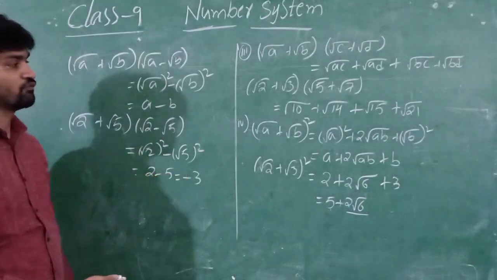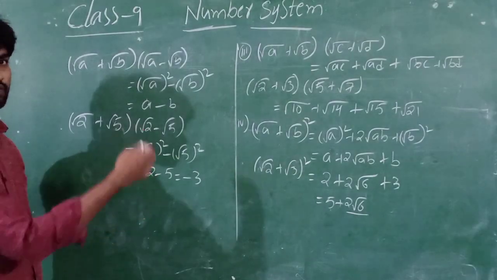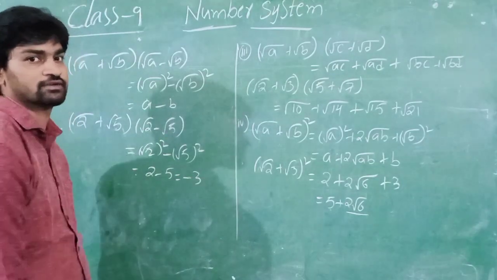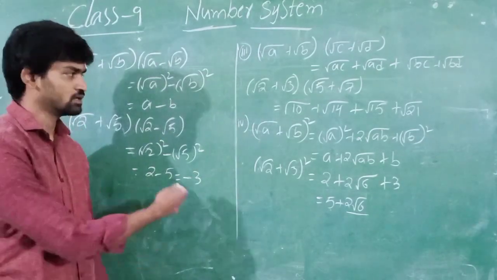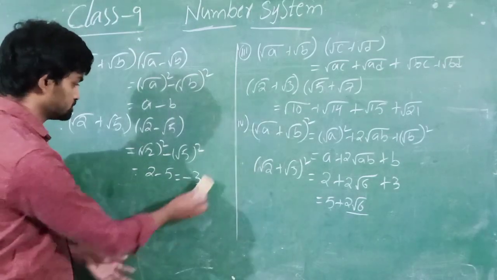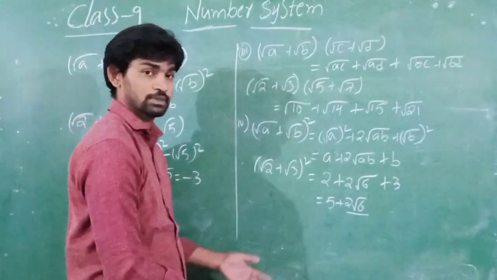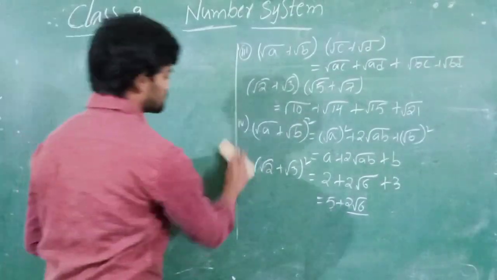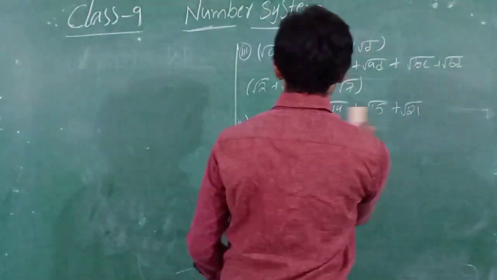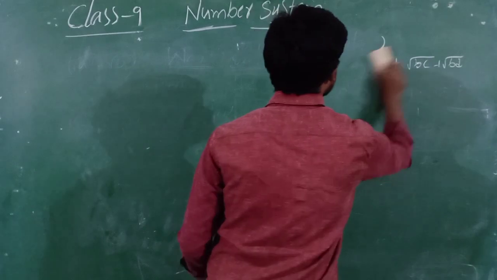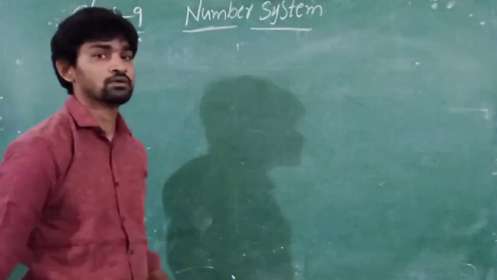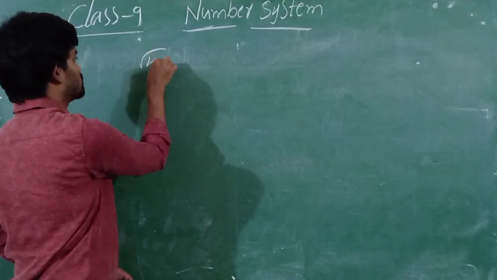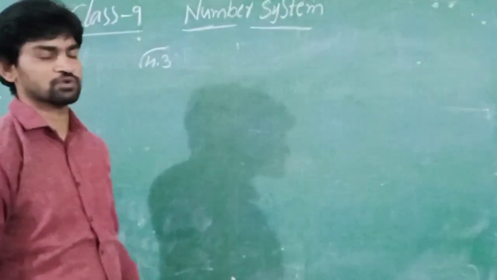Let us move into visualization of irrational number on number line. We will take any example. You already have one example in your textbook, root 3.5. You will see a different one. I will take any other number and I will show you how to represent it on the number line. Hope you got this. Yes, now I am going to visualize root over 4.3. This is the number which we are going to visualize now.